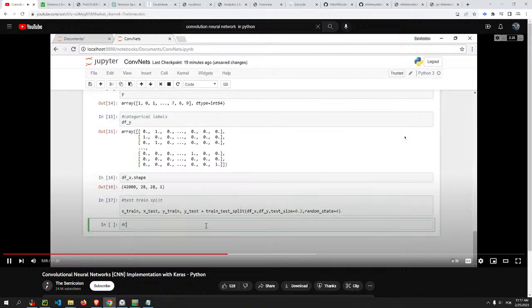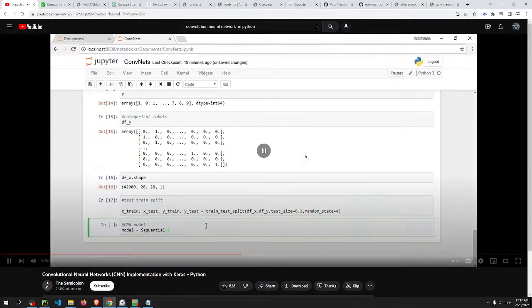Now let's start implementing the main part, which is our model. Let's start implementing our convolutional neural network model using Keras. And we need a sequential model, so we start a sequential model by typing model equal to Sequential. And before we add any layer, let's define our architecture first. We'll then need to test it out and make